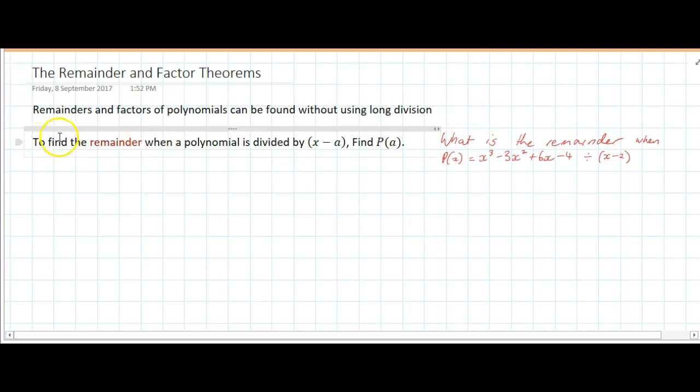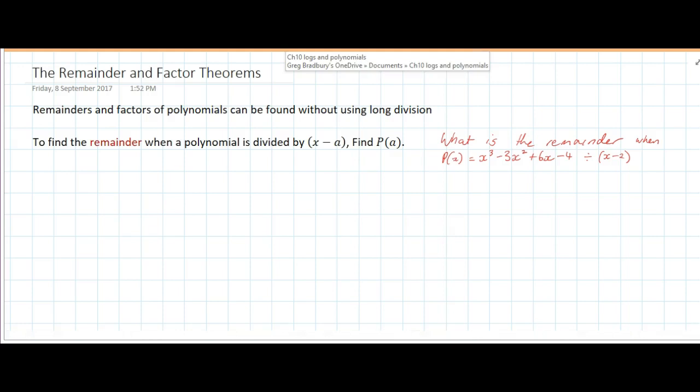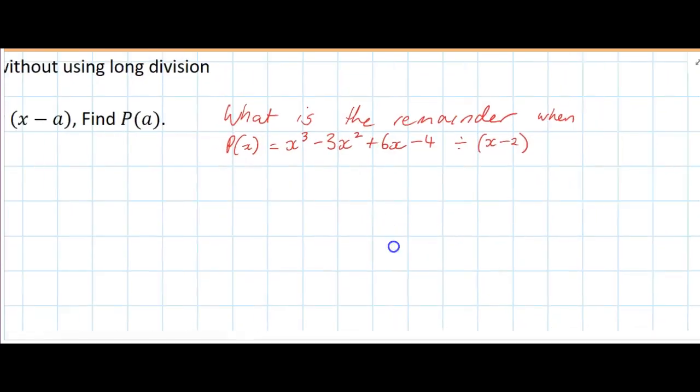Okay, so the first thing I'll start off with is the remainder theorem, which states this here. To find the remainder when a polynomial is divided by x minus a, you find P of a. So what that means is if I want to find the remainder of, say, this one over here,